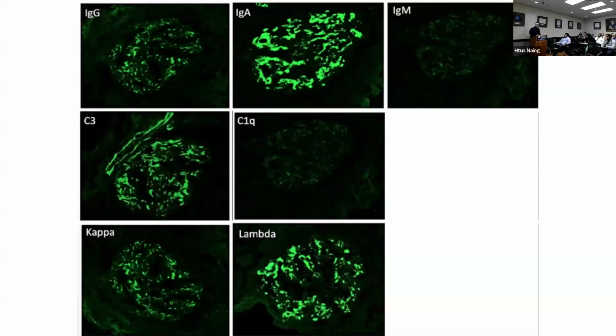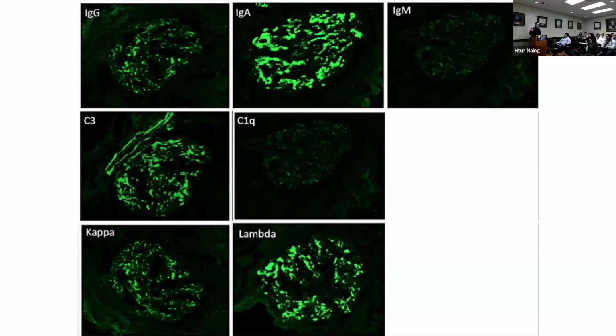So if you're looking at the IF, you want to see an IgA dominant or IgA co-dominant staining. You're going to see C3 and kappa lambda staining, but you're not going to see C1q almost all the time, because the Fc portion of the IgA cannot fix C1q. So you have to understand that in IgA nephropathy, the classical complement pathway is not part of this, because C1q